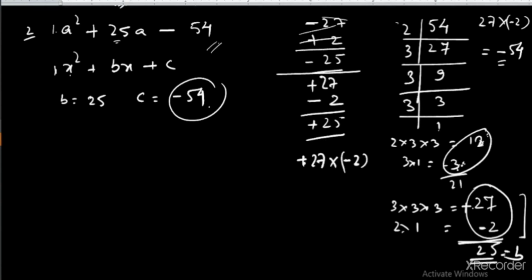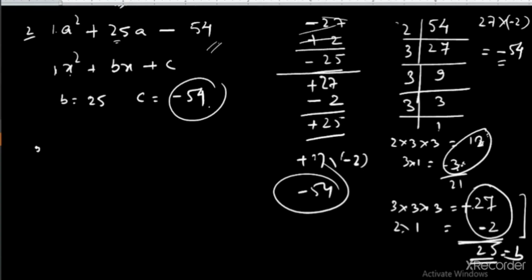So since minus into plus will give you minus, and 27 into 2 is 54, so definitely your answer is equal to C, the constant term, which is minus 54. So you can tally, oh yes, it is equal. It means you are going on the correct path. So this is how you are going to split. Let us split this. What is our next step?